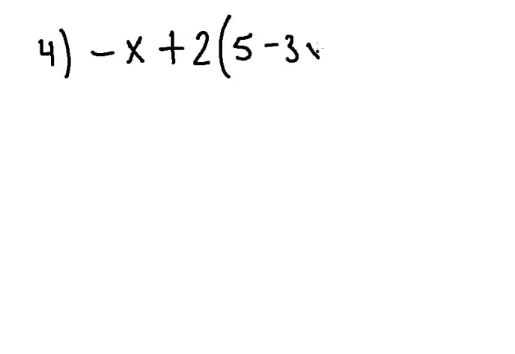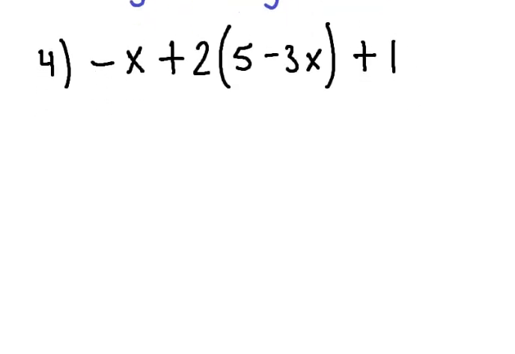What happens if we have negative x plus 2, but that 2 is multiplying something inside parentheses, 5 minus 3x, and outside of that, we have a plus 1? So what do we do in this situation? What will be the best way to proceed? Well, in this case,